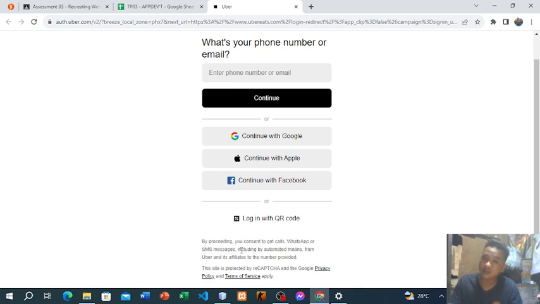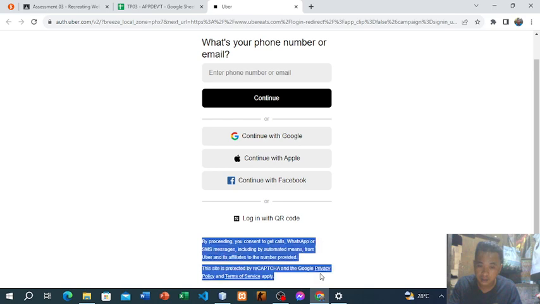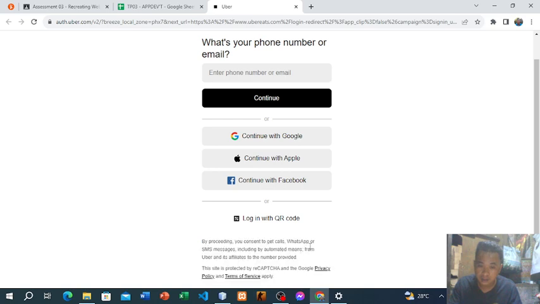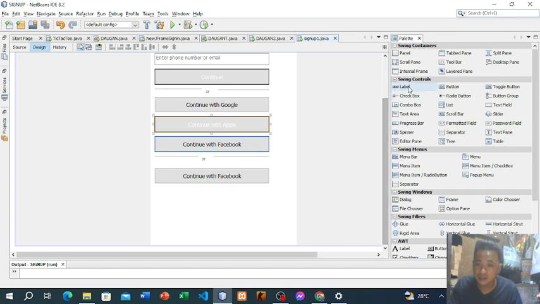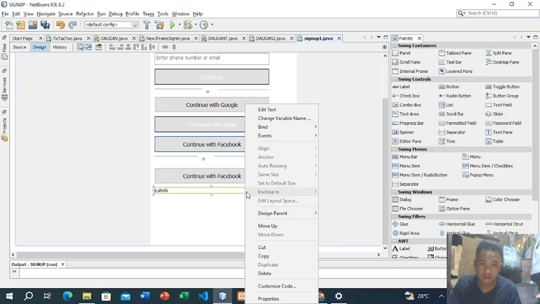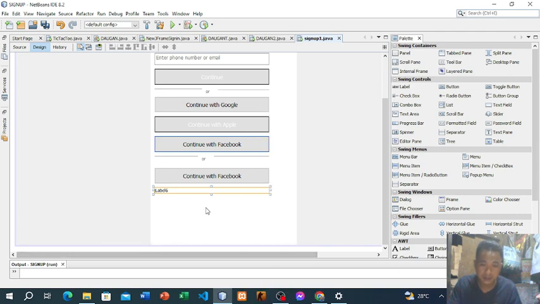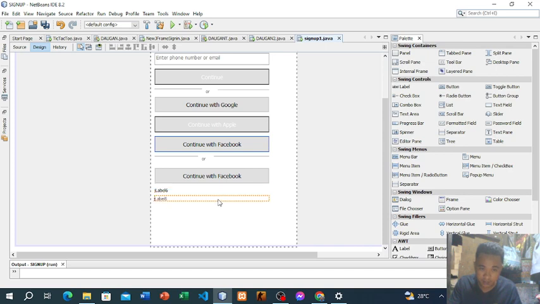So what I did to make the exact text display in the website, what I did was add a label, extend, copy, Control V for paste, move, Control V again, and just like that.